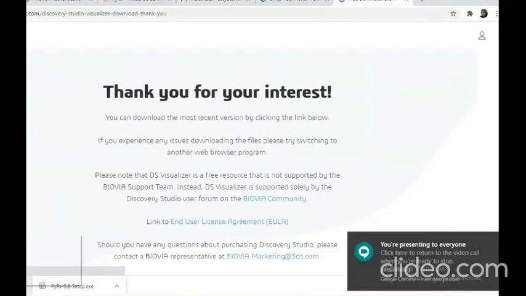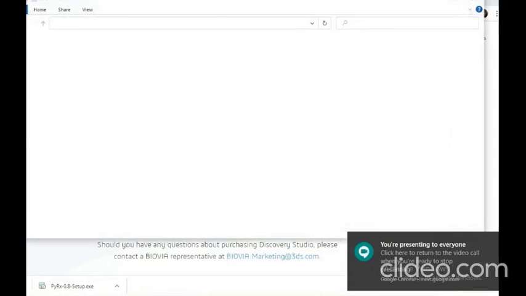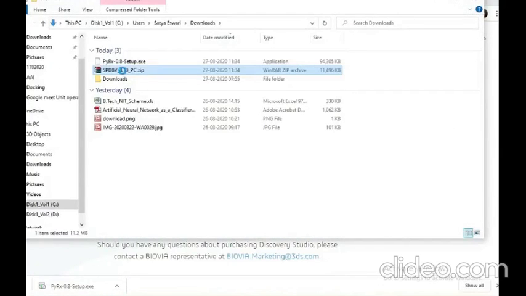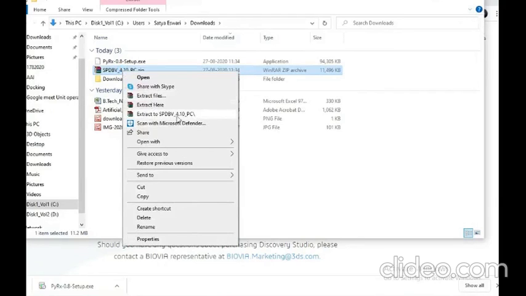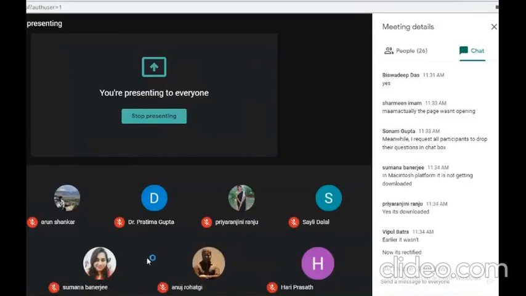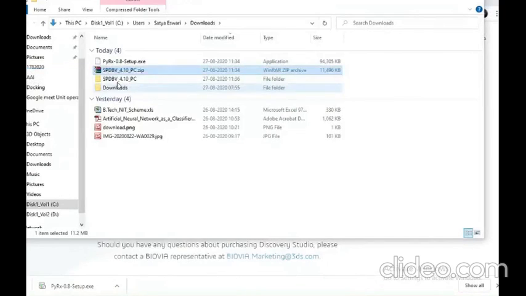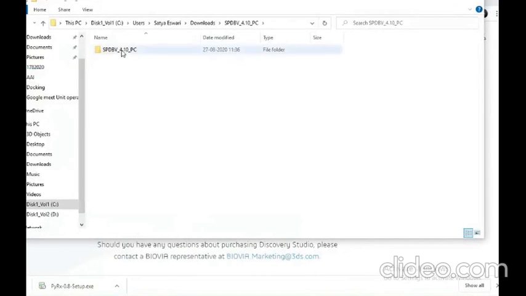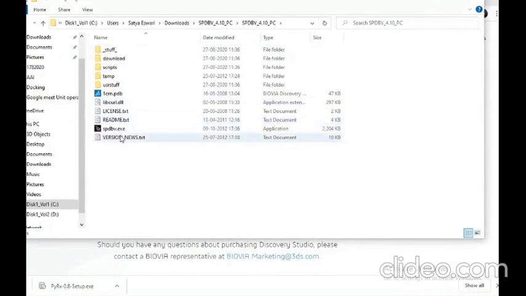Like SPDB Viewer, if you extract this file, you can see there is an .exe file. Simply right click, run as administrator, and install it.